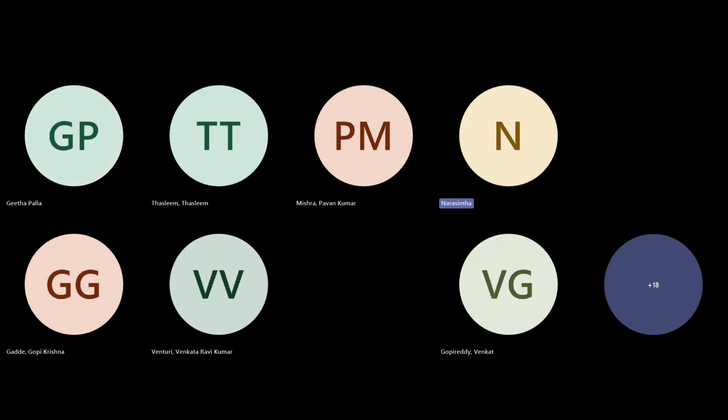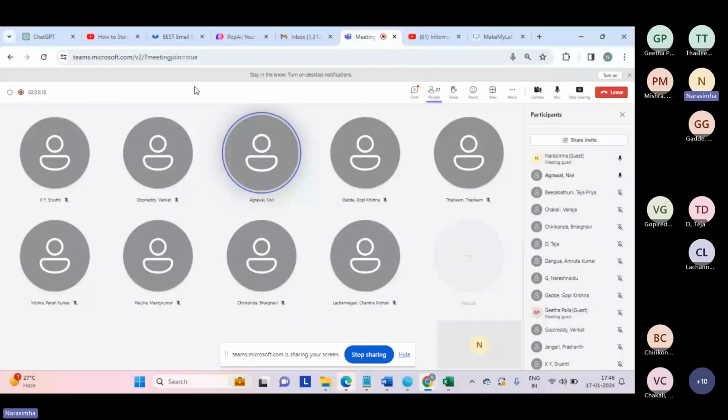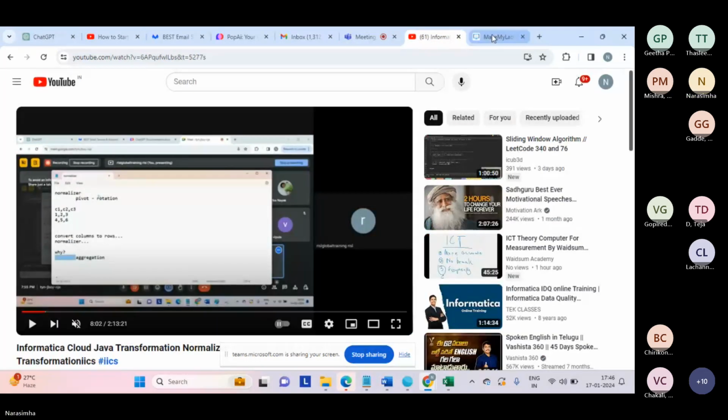Looks like you have multiple tabs. Try to maintain only one tab, guys. That's also one more reason why we get this administrator error. You should maintain only one instance.